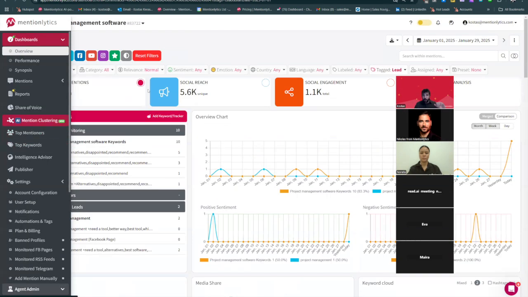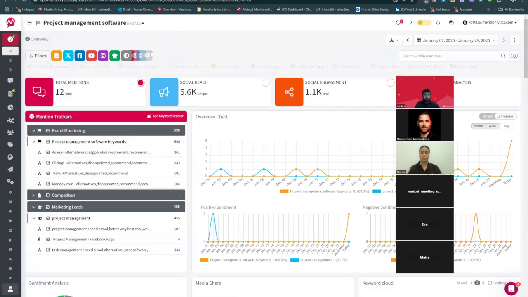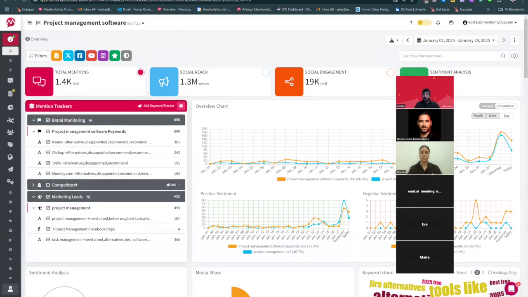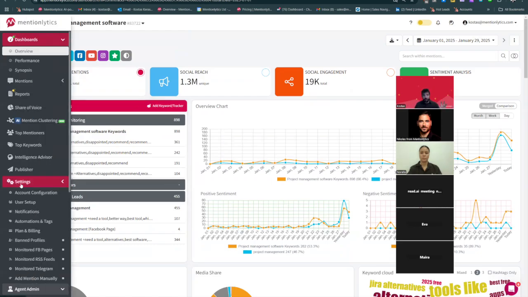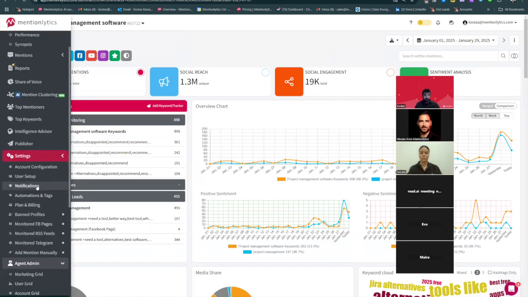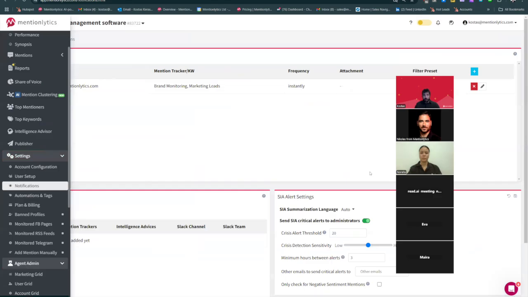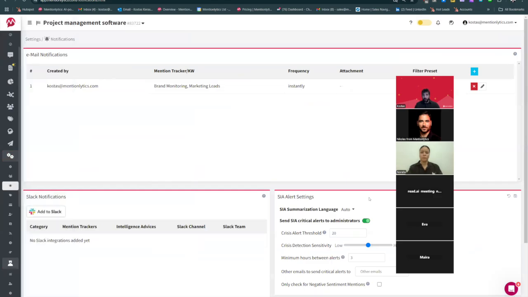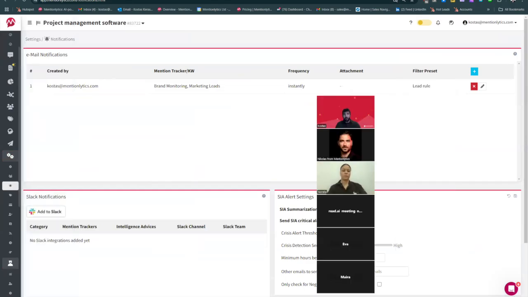Now that we've seen how we can create some automations that can make our work much easier, and we can make this as wide as possible or as small as possible, depending on our service and our product, we can also create some notifications. Again, we saw that speed in these types of threads sometimes is very essential. Of course, it depends on the product, if it's a high investment product or a low investment product. For high investment products, even if you reply 3 or 4 days later, it's not a huge deal.